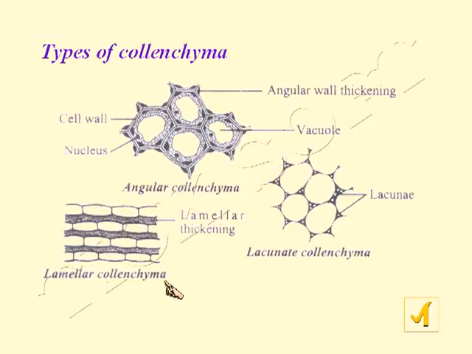And next one is the lamellar collenchyma. In the lamellar collenchyma, the lamellar thickening is here. So the cell wall is thick, and that is due to the lamellar thickening. This is known as the lamellar collenchyma. And next one is the lacunate collenchyma. So lacunate,